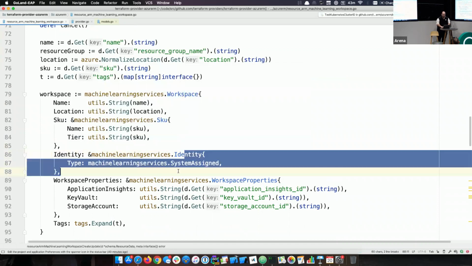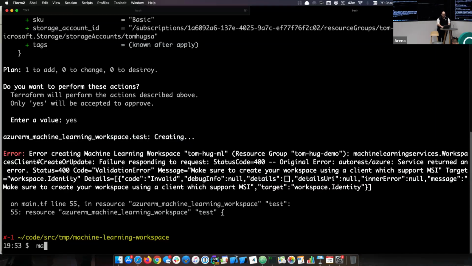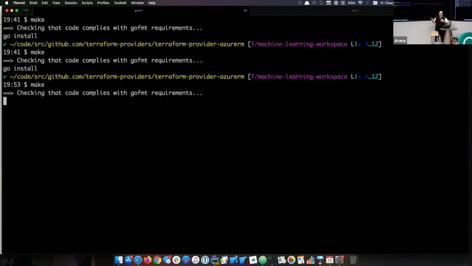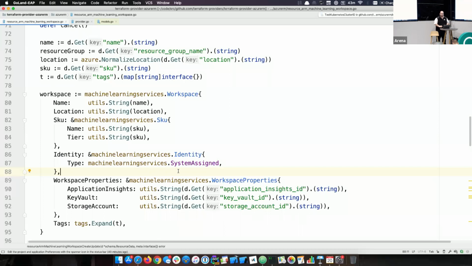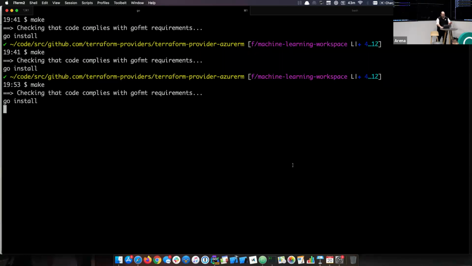So for those who don't know, a system assigned identity in Azure basically says create an account that the service can use automatically and just give me access to that. As I say, ordinarily I would hook it up in the configuration, but for the sake of simplicity, that's not for now. So if we rerun that,